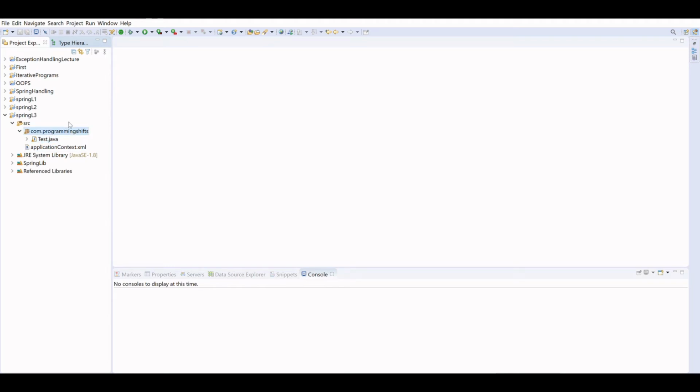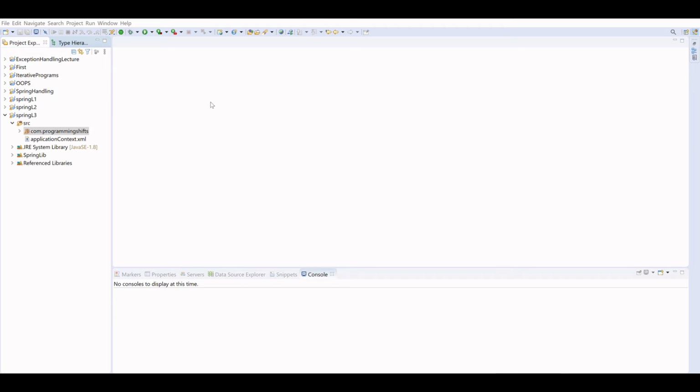So let me go through the project, and let me create one class for you that will be a singleton in nature. So what is a singleton class? A singleton class is a class that gives you a single object in the entire application running life cycle.